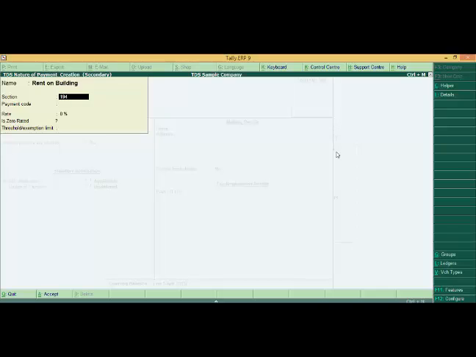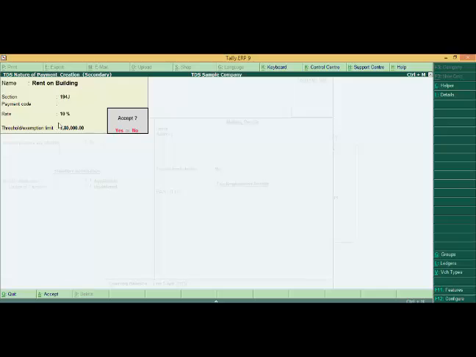Mention the section. Rate 10% and a threshold limit of 1,80,000. Save this. We have given a helper button over here